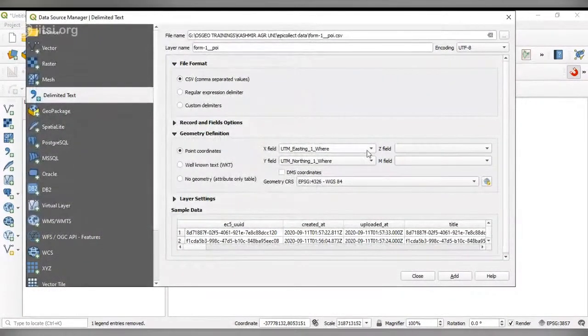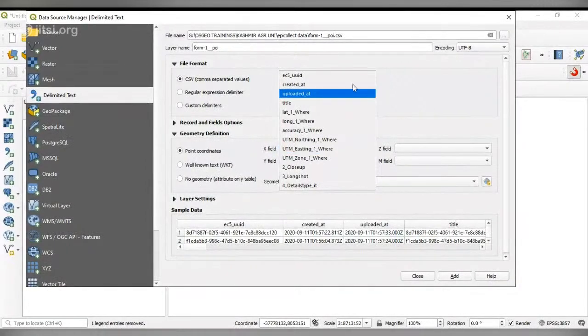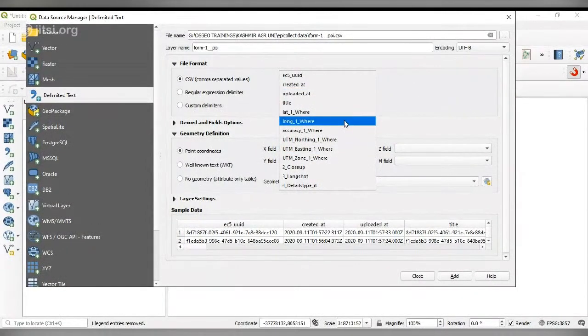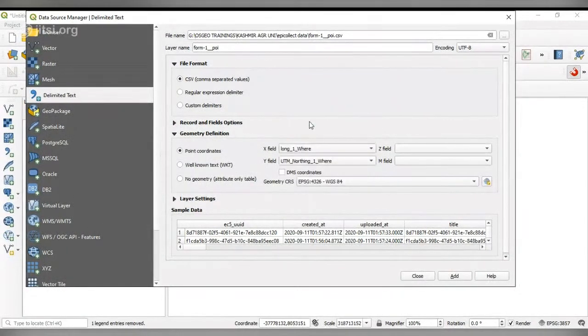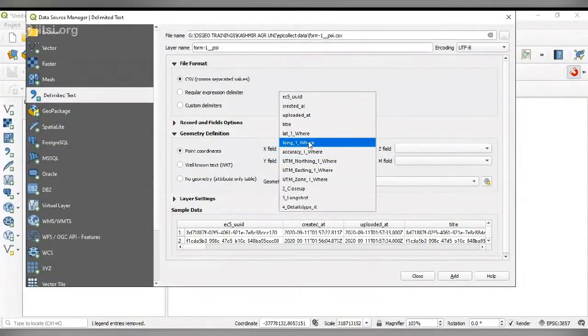Now, a very important thing to remember is here the list of columns will be there. What you have to select is longitude for X field and latitude for Y field.